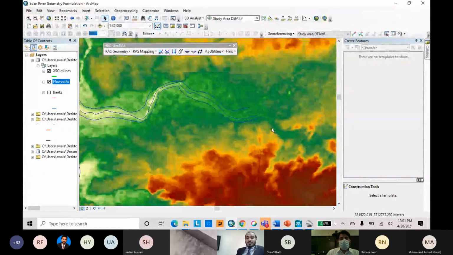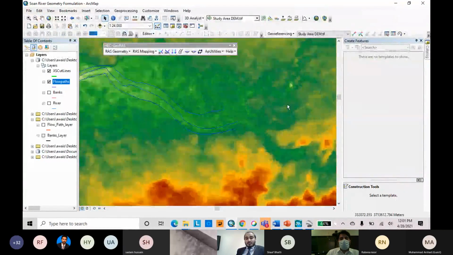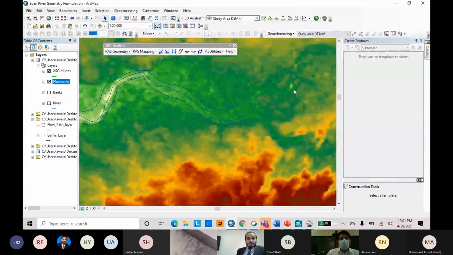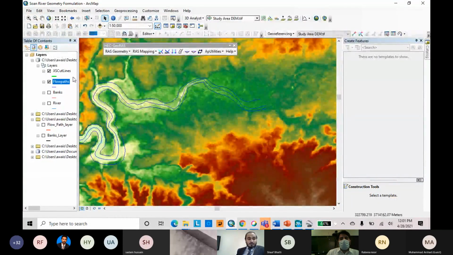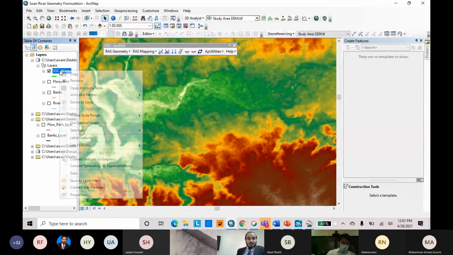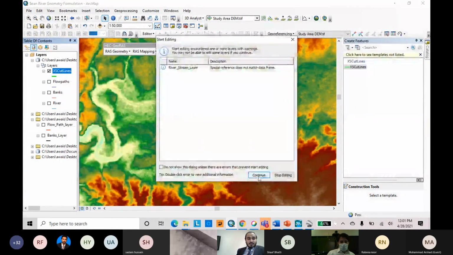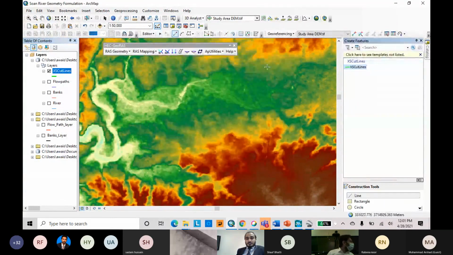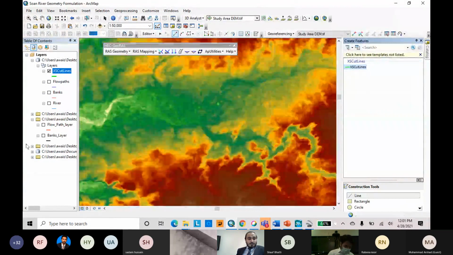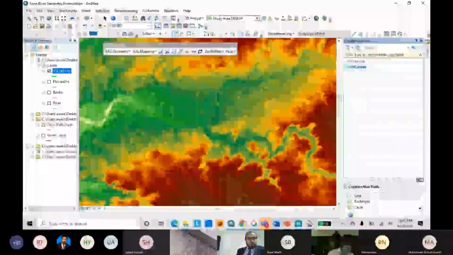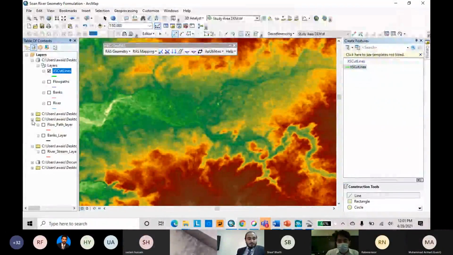Because in GeoRAS, the left overbank and right overbank distances are measured from these reference lines, from the downstream cross section cut line. Now the next one is the cross section cut line. The procedure is the same. Start it, continue. Where is our cross section, which we have?